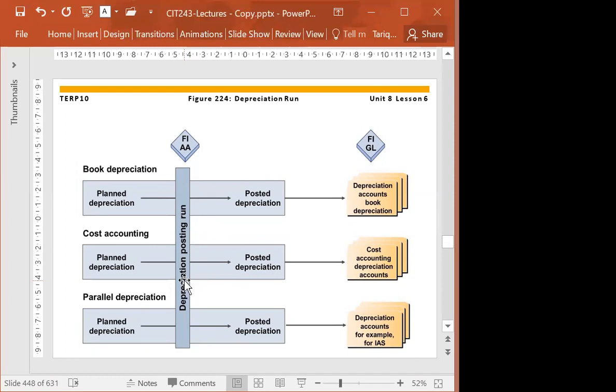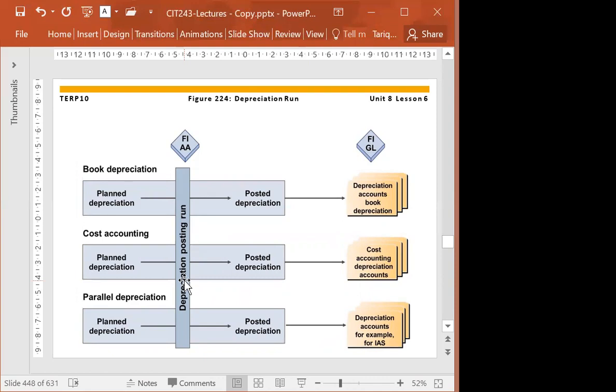And depreciation is posted to the corresponding depreciation account in the general ledger and to the controlling cost object in the assets master records. So in the assets master record, we have some information in cost accounting, and some we are maintaining in financial accounting. So the depreciation run will post to both accountings.